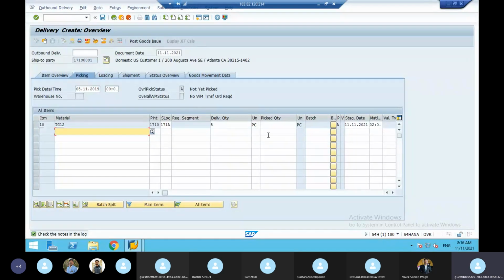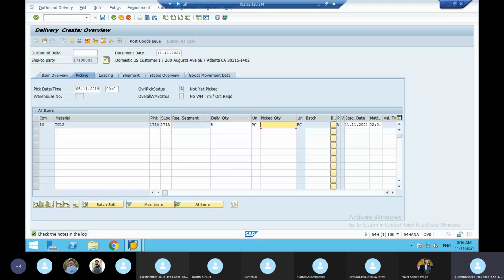Here, see, he has not given the picked quantity, not done pack, not done PJ. If the PJ is done, it will become grayed out like this. Why are they not done? Management has already been told there is a huge outstanding, 5 crores outstanding. When you ask for material, they don't give.